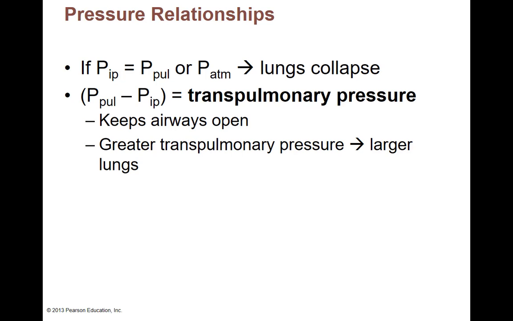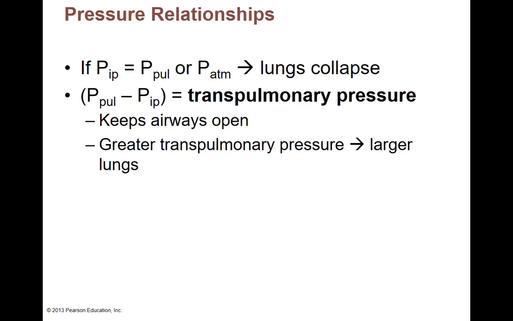Now, on average, this is 756 millimeters of mercury. What is 756 minus 760? -4. This difference, taking your intrapleural minus your atmospheric, is -4. This is your transpulmonary pressure. Trans just means across. It just goes across, between the lungs and the cavity. What's the difference? -4. Now, the fact that that's a negative number, because our intrapleural is less,